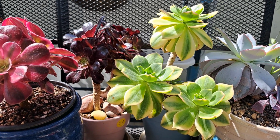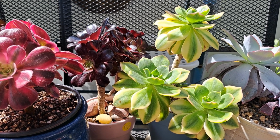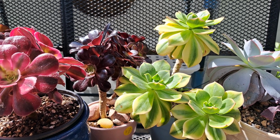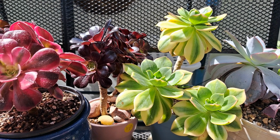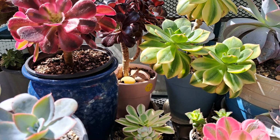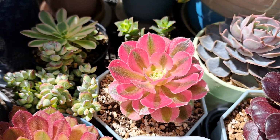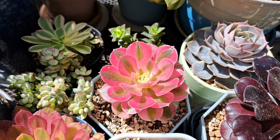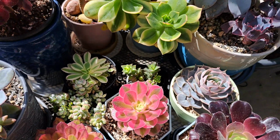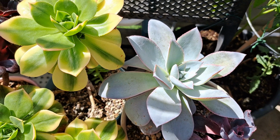Aeonium Starburst is not having the best color, but still very beautiful and eye-catching with the variegated leaves. Aeonium Pink Witch is as charming as it can be. And this one is called